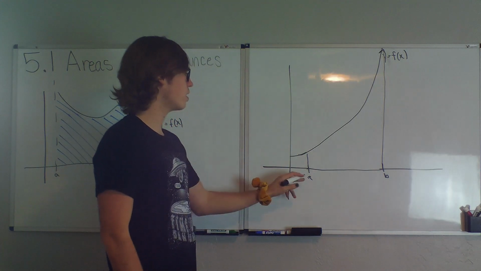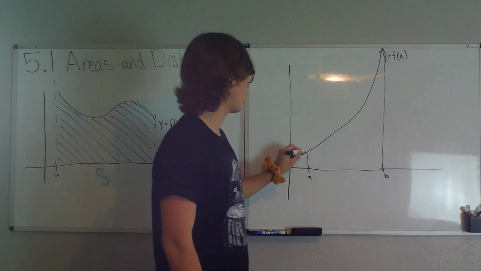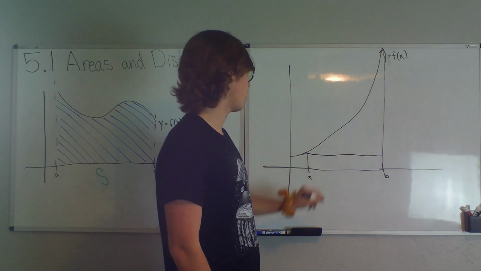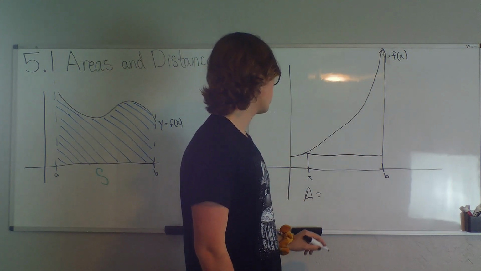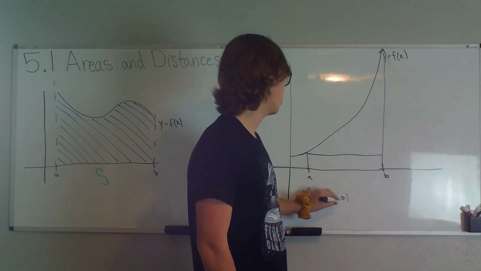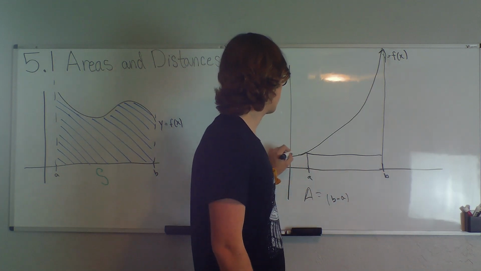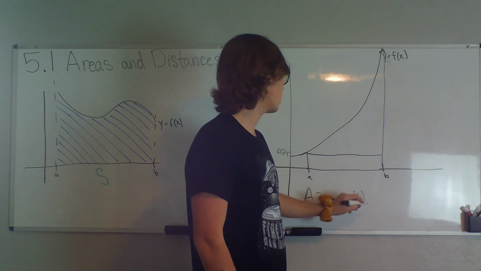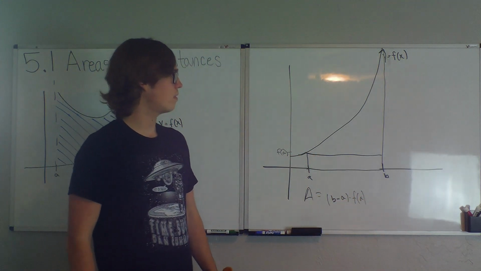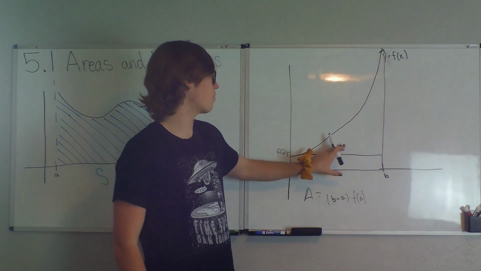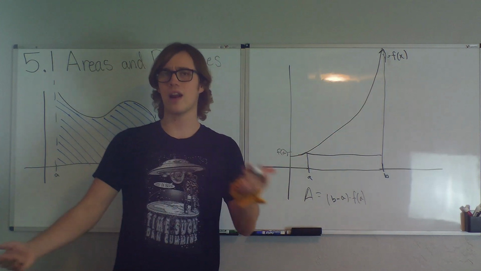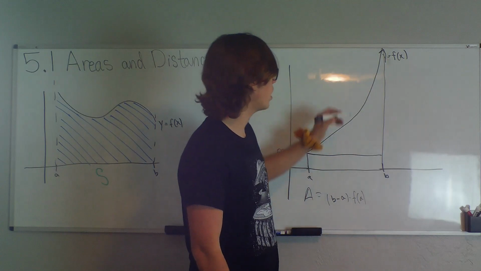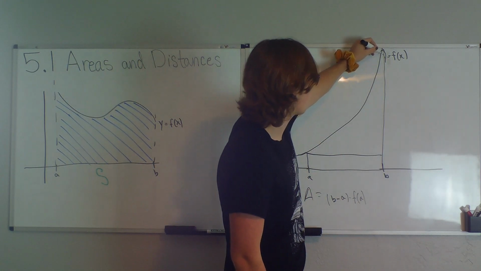So what can we do? Well, we could use A as our left endpoint, and we could just try doing one rectangle across to B. And we say, wait, what is this area? Well, this area will be equal to B minus A for our width times f of A, which is our height. But we see, well, that's really stupid. There's this whole part of the graph right here that isn't calculated, where the area isn't shown. Okay, well then what if we did one rectangle from the right endpoint,